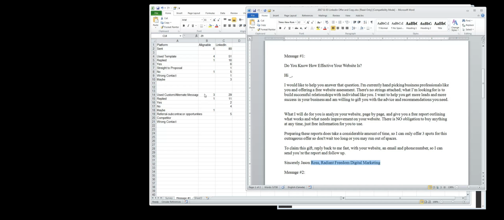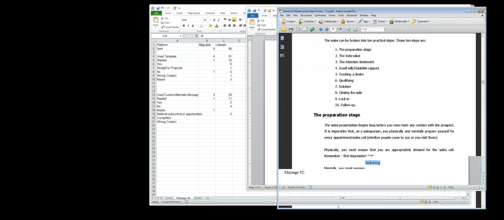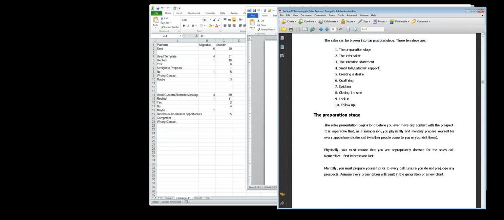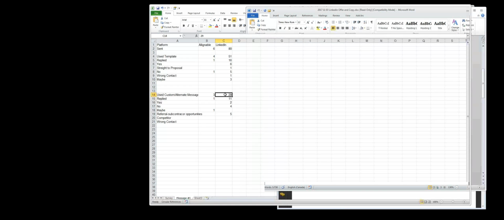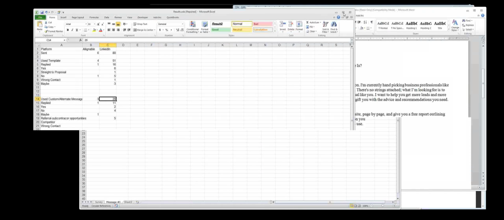So you did an alternate message based on whatever they were sending you as well, because you realize that in the sales process over here, this is establishing your rapport and small talk. And unless you do this, there's going to be very little desire created, which means that you won't be able to qualify them, they won't be able to qualify you, and ultimately you won't make a sale. So good call on playing with an alternative message. How different was that message from this?